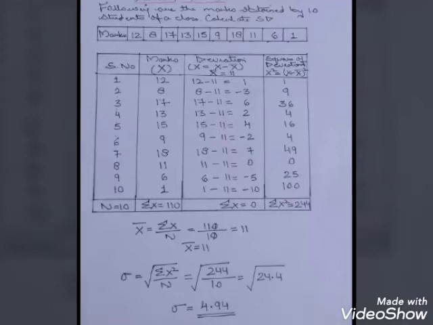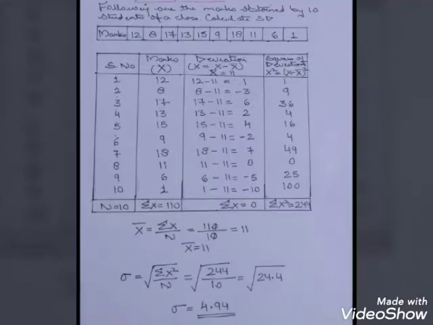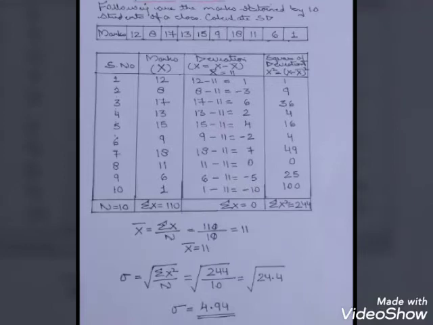Now we are going to take out deviation, which you know very well, to take out the deviation, that is x minus x bar. That means you have to find out x bar, that is arithmetic mean, to find out the deviation. Now if you see, I have already done it for you. The formula for arithmetic mean is sigma x upon n. You already have sigma x, that is 110, and also n, that is 10. So 110 upon 10 comes to 11. That means our arithmetic mean is 11.